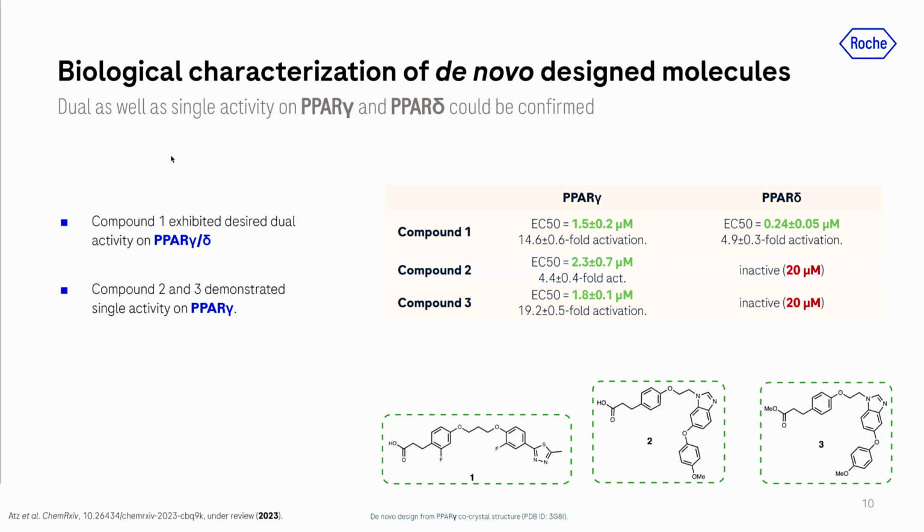was the de novo design, and compound 3, a regioisomer of it that arose during the synthesis and was free to isolate, were isolated and tested. For those two molecules, as predicted by the model, we could observe a single activity on PPAR gamma and no activity on PPAR delta. So the initial hypothesis that we can de novo design for dual modulation and single modulation of this target